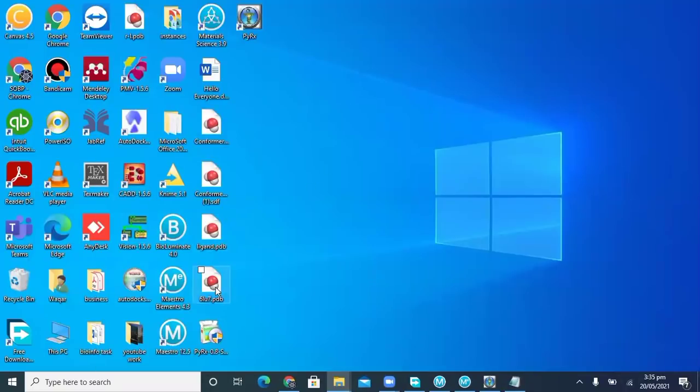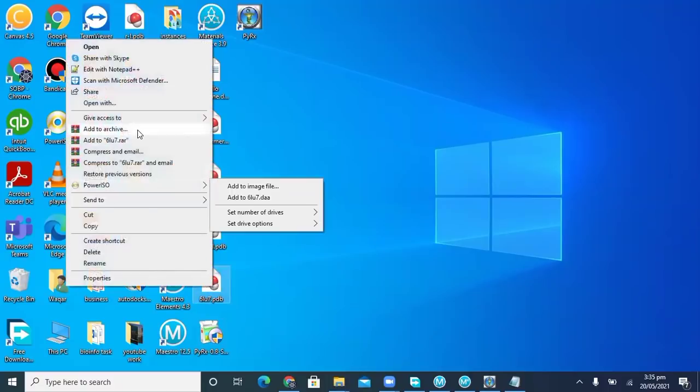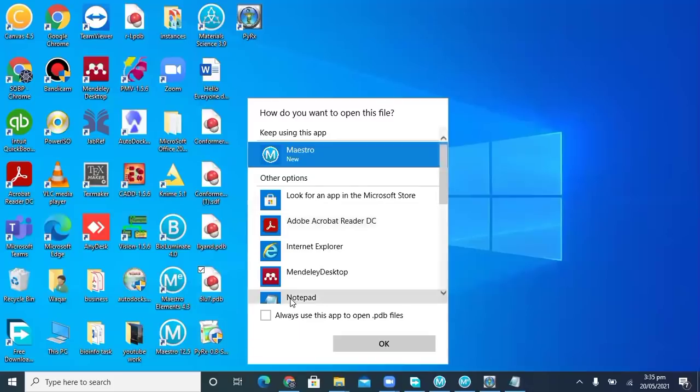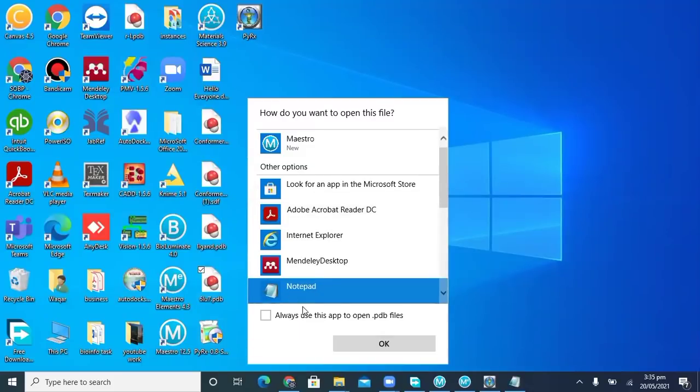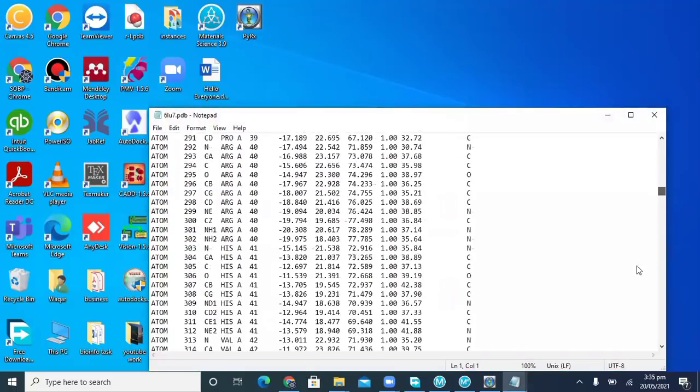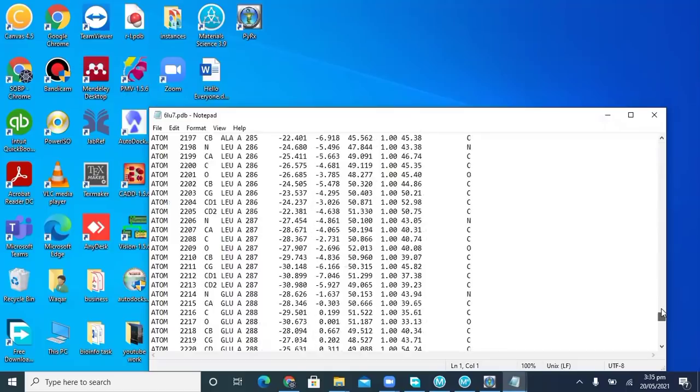This protein file will be opened in Notepad as well. This is a protein, and go towards the end.